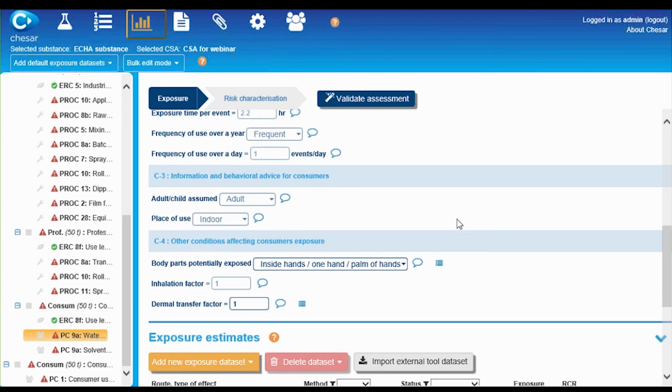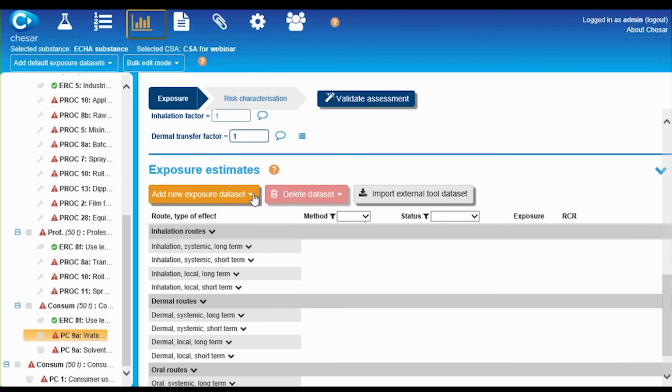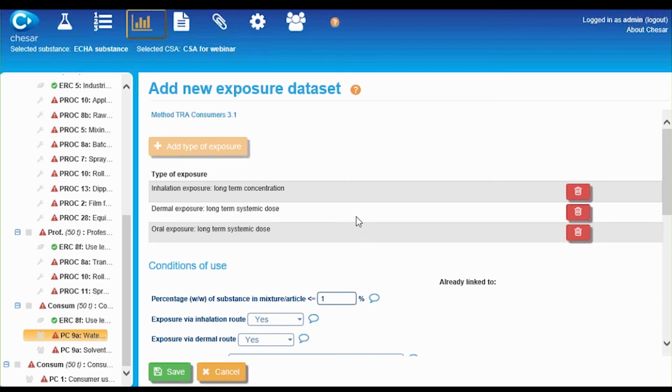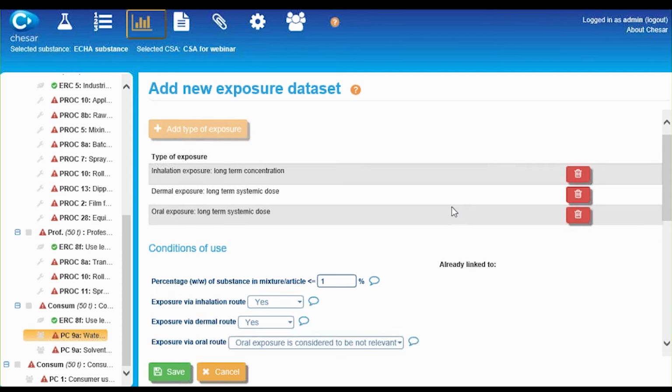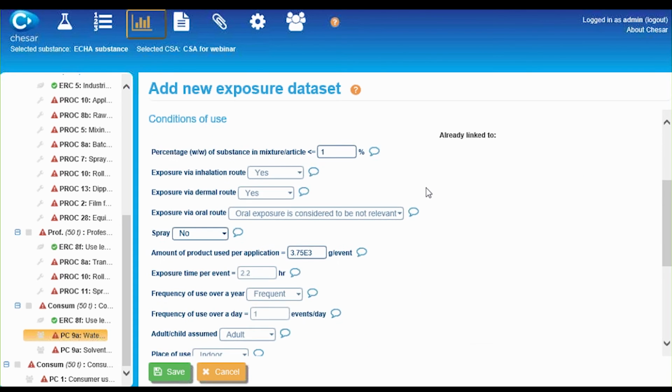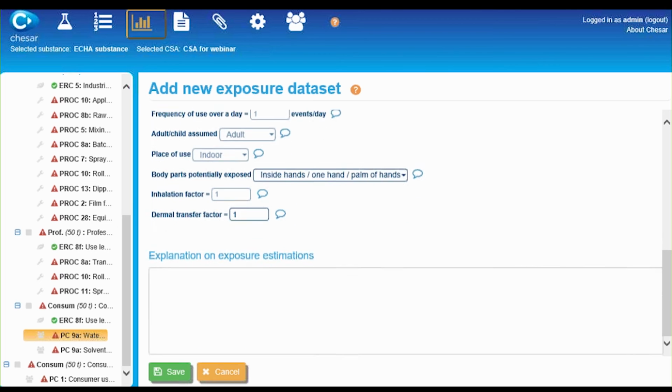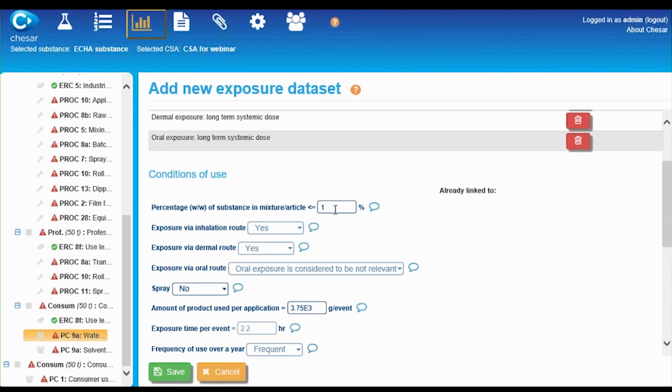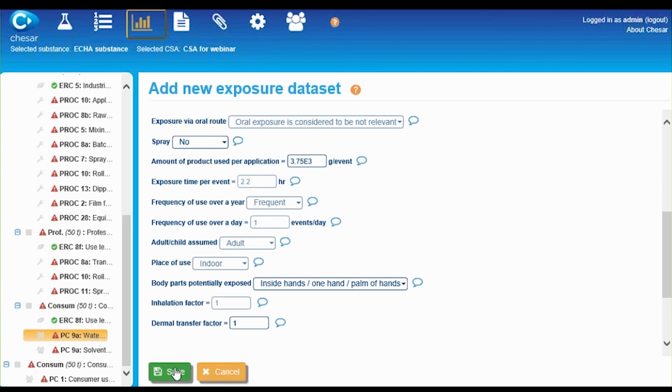Then, to complete your assessment, you need to add the exposure estimation tool, which is, in this case, the TRA Consumer 3.1. Then you are prompted to the exposure data set. By default, the routes and type of effects covered by the ESETOC TRA Consumer are selected, as well as the condition of use that you may change also here. You save it,